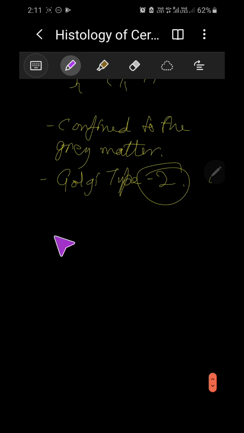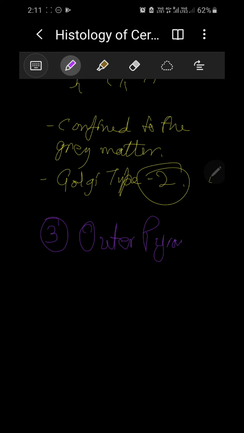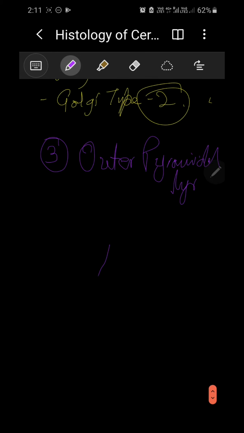The third layer is outer pyramidal layer. Outer pyramidal layer is made up mainly of pyramidal cells, and these pyramidal cells, I told you, are